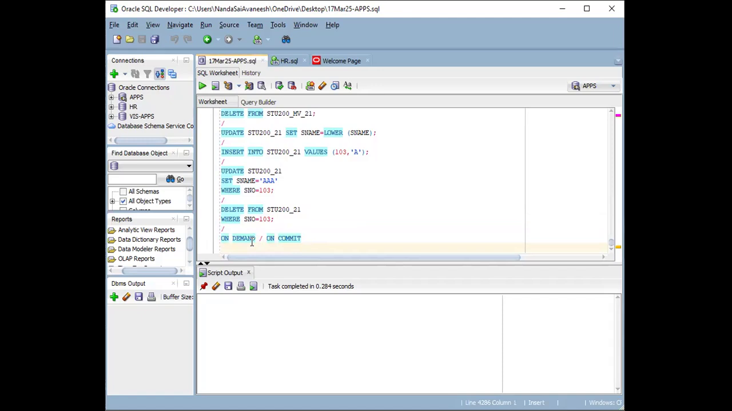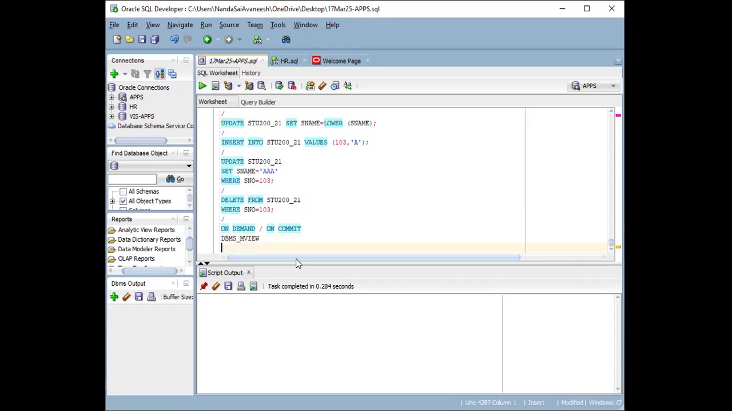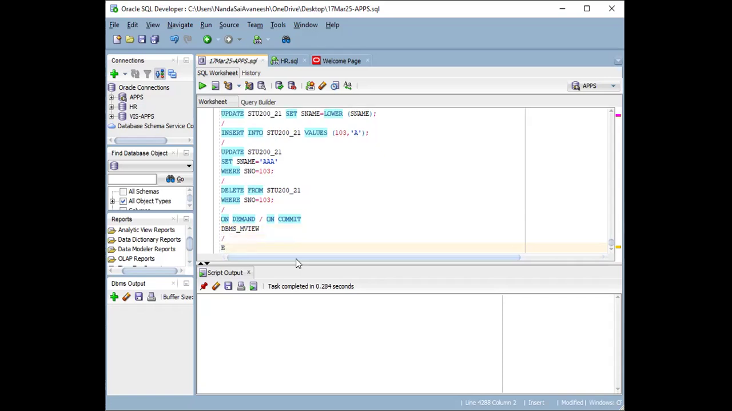In Oracle, we refresh the materialized view in two ways. One is on demand, which is the default refreshing method. In this method, we refresh the materialized view by using DBMS_MVIEW. This is one of the procedures we are going to use. So how will you use this procedure? To use that,